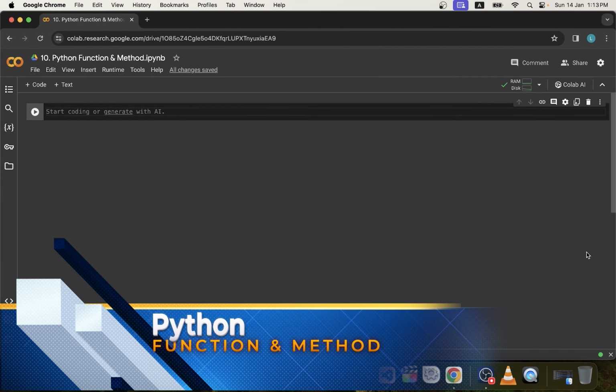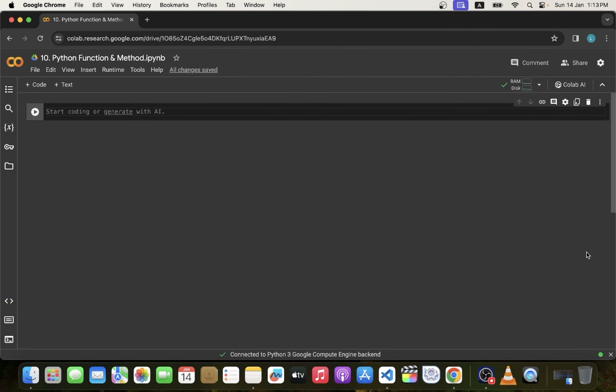In this lecture, we'll learn about Python function or method. Function or method is a code block where we can do anything based on our need. Like we can do addition, subtraction, multiplication, or write any condition or any loop, whatever we need. If function is declared or written inside a class, then it's called method. To write a function or method in Python, we need to use the keyword def